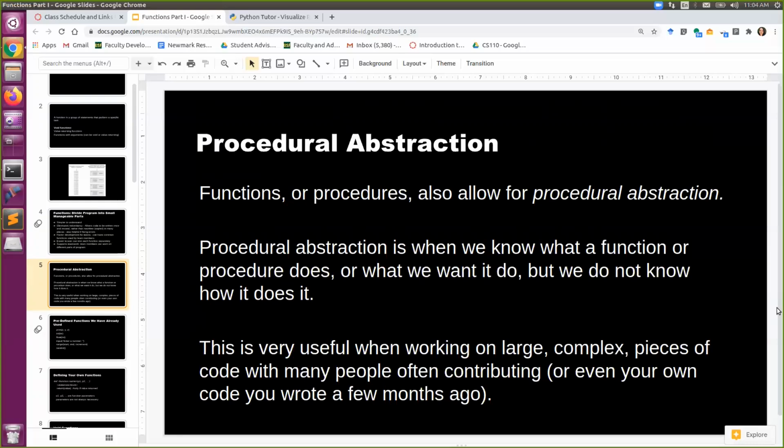So the idea behind this is that we know what a function does, but we don't know how it does it. For example, if you're working on large complex pieces of code with many people, or even your own code that you wrote just a few months ago, and you're focusing, say, on one task, and someone else is focusing on another task,